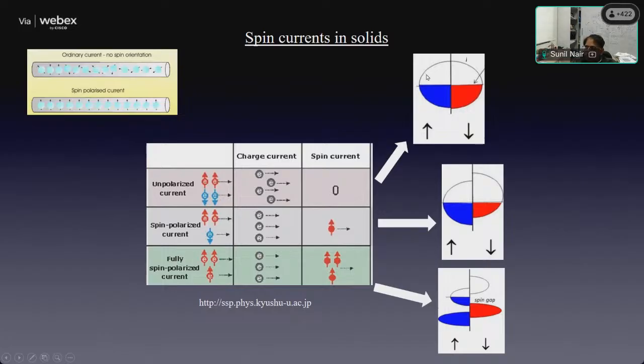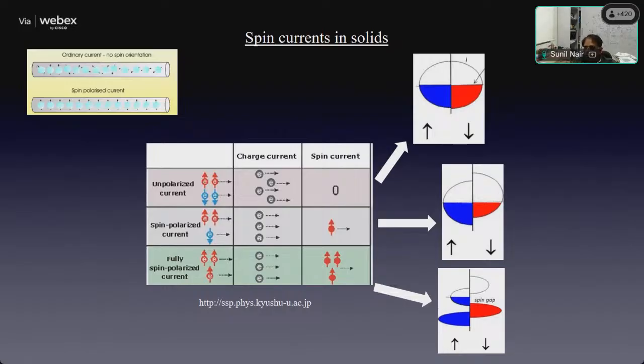So this was the case in a simple metal, which is non-magnetic in nature. If I move on from a simple non-magnetic metal to a magnetic metal, then the density of states looks different. In this case, what I have is something known as a spin split density of states, in which you have two bands, one comprising the upspin electrons and the other comprising the downspin electrons, and there is a slight energy difference between the two. Because of this, you will have more of one kind being predominant.